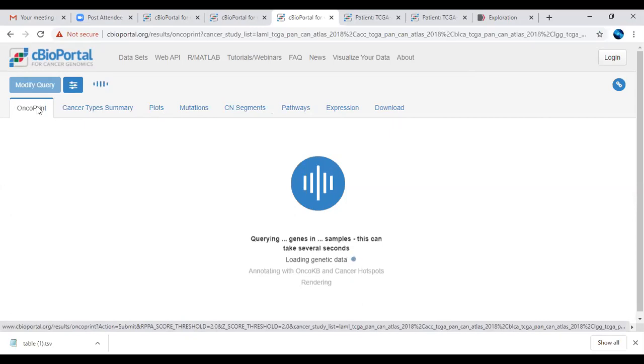So these new interactive visualization tools you can use for analysis. This additional part with respect to omics data sets they have included here. Here you can see the genes are annotated with respect to the OncoKB database and the cancer hotspots database. So this cBioPortal is also using reference databases and annotating the data with different databases, that is OncoKB and cancer hotspots.